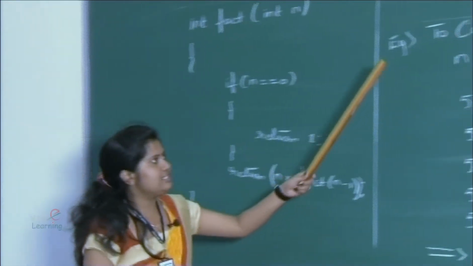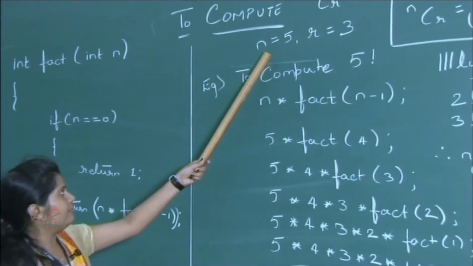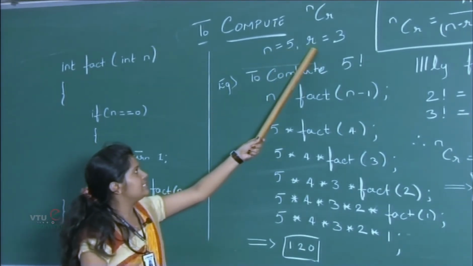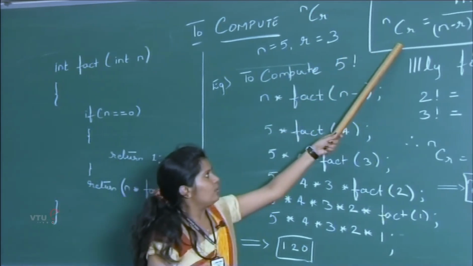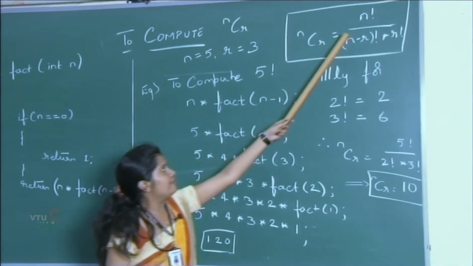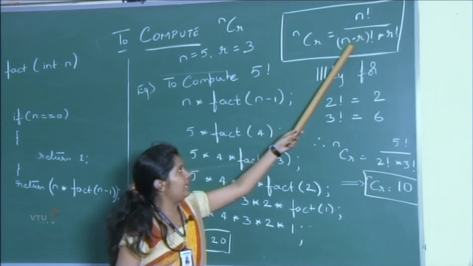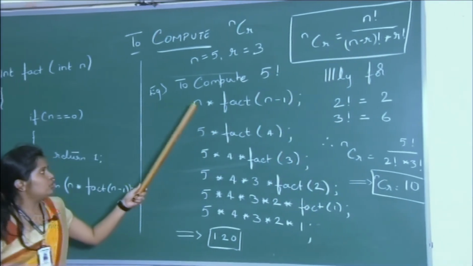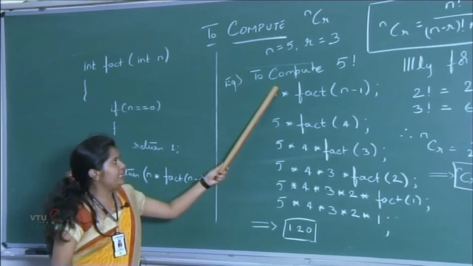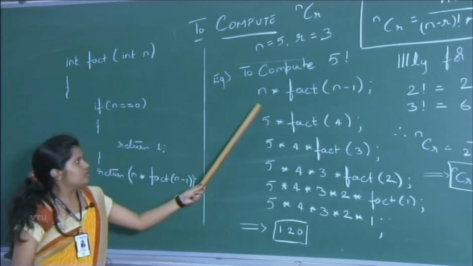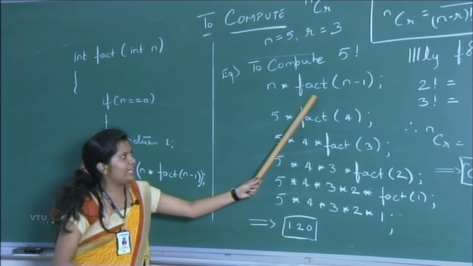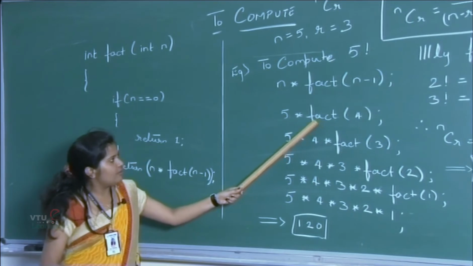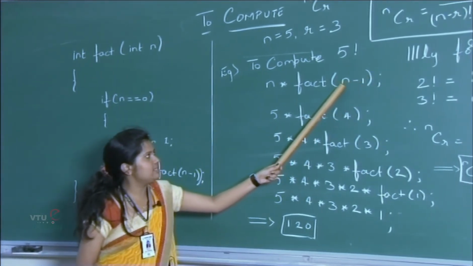So here let's trace this program by taking the values for the variables n and r. So the value of n is equal to 5 and r is equal to 3. NCR will be computed by using the formula factorial of n divided by n minus r factorial star r factorial. So now let's compute the factorial for the number 5. Okay, here n star fact of n minus 1. The value of n is equal to 5 star fact of n minus 1, that is 5 minus 1 is